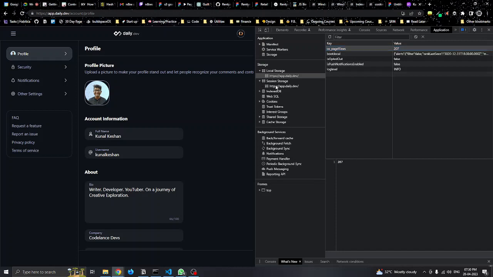And session storage is, until I close my tab, I mean the current browser session, it will still be there. So the name itself implies it, right, session storage. Once I close it, all of these will disappear, and when I open the browser again, there must be some scripts written to initialize this again and use it. Okay,